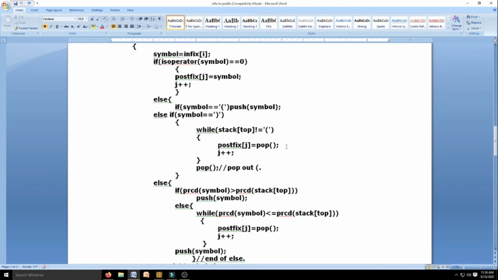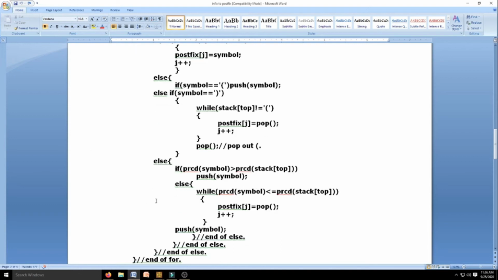So pop an element and transfer it to output like this. Keep doing this till you get open bracket, and that open bracket is also taken out, but it won't be transferred to output. So just pop out this open bracket, but don't transfer it to output if it is an open bracket. All right. Okay, so input symbol,